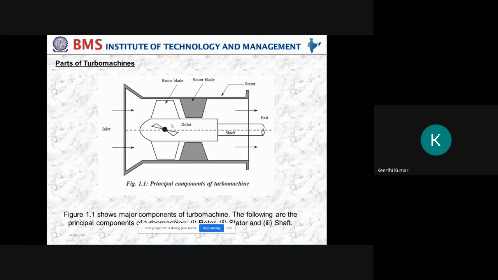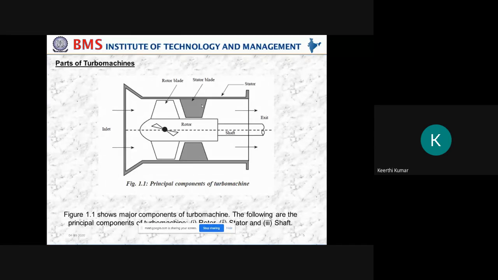So what you understood by giving a fan example is that very important parts for any turbo machine are the working fluid and a rotor and a rotating blade and shaft. These three are the very important parts of any turbo machine. It is a mandatory part. Instead of telling important part, I will tell it as a mandatory part. And this stator and casing, these two are not a mandatory part.